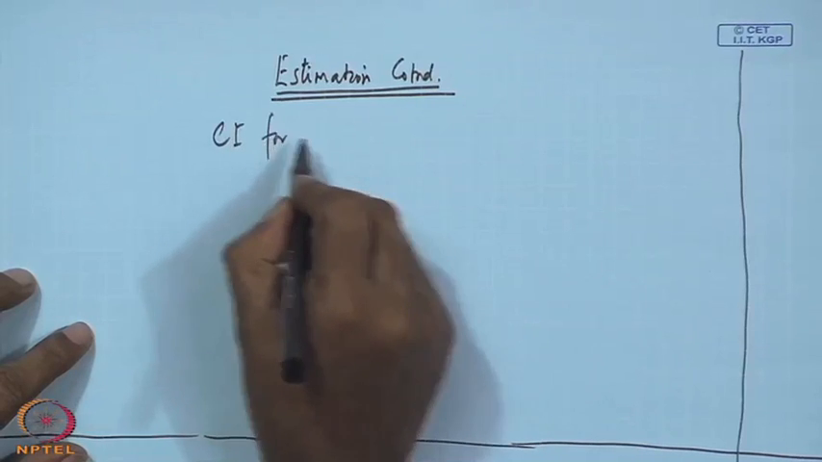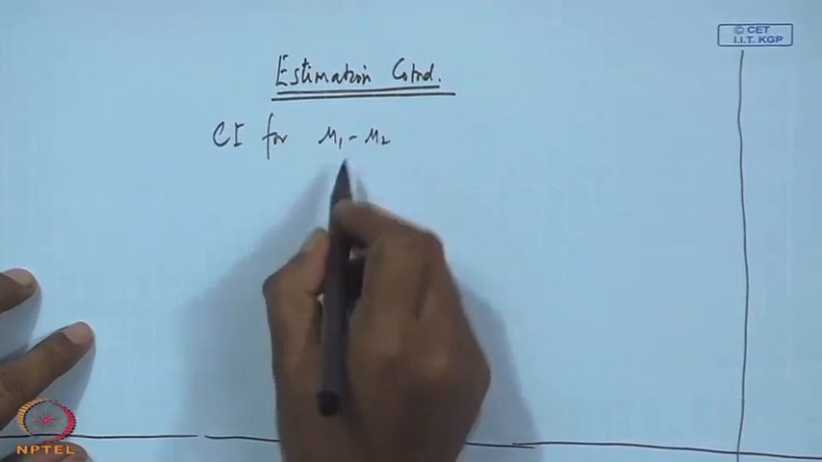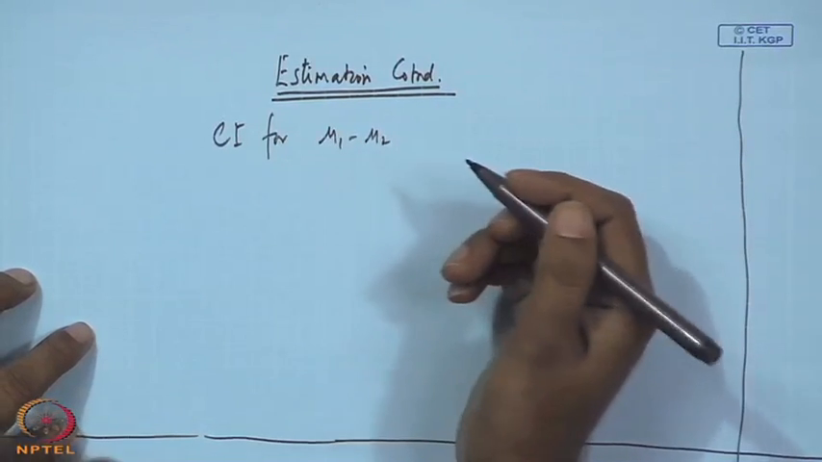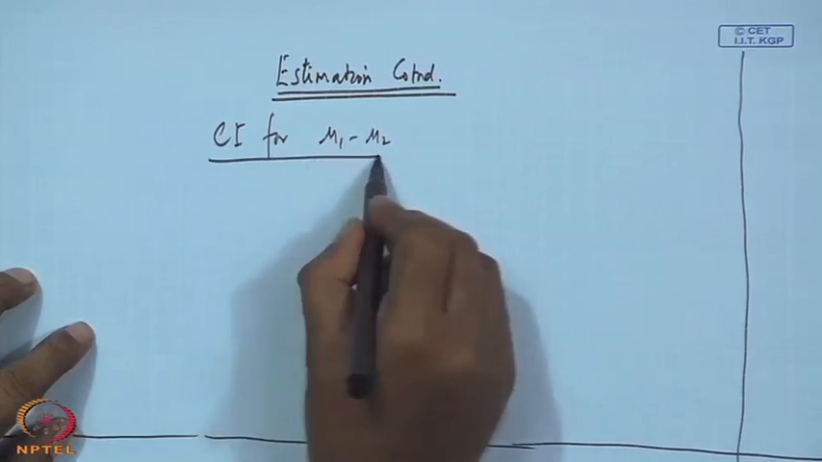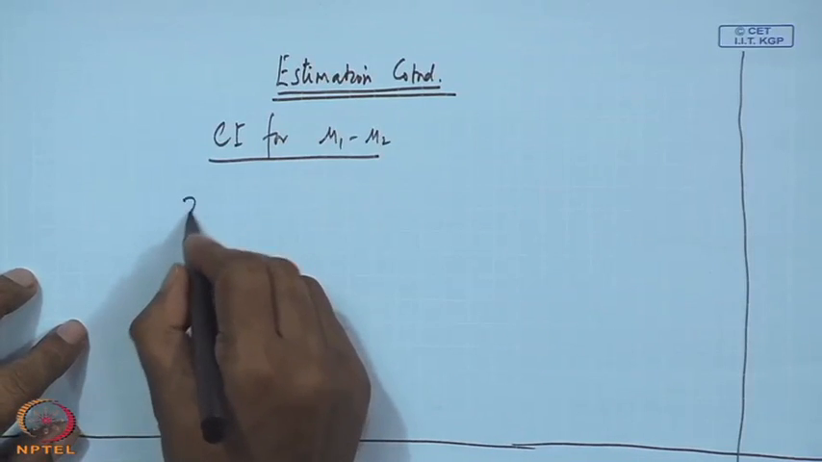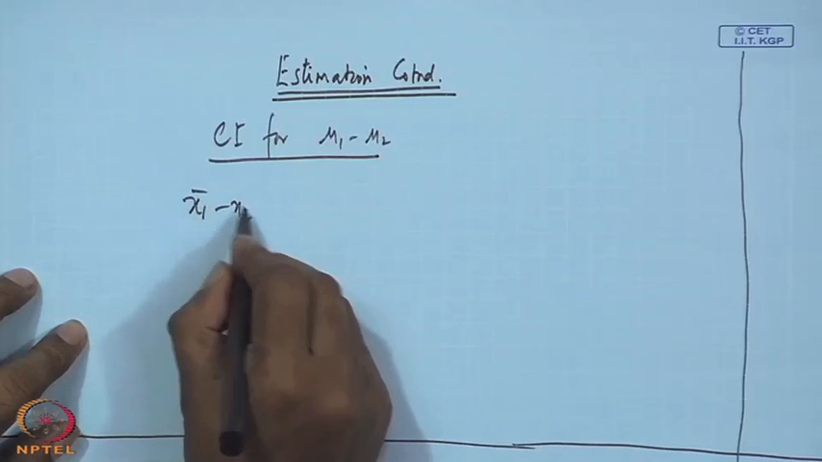So, we will continue estimation. Last class we have seen the confidence interval for mu 1 minus mu 2, where mu 1 is the mean for population 1 and mu 2 is the mean for population 2, and we have used this formula: x 1 bar minus x 2 bar